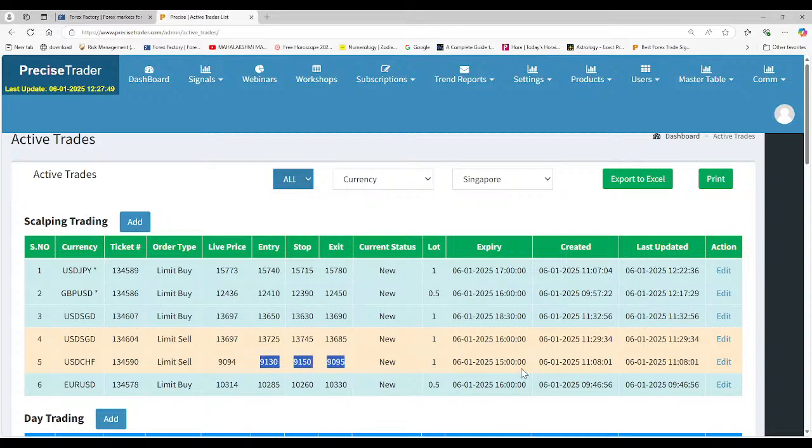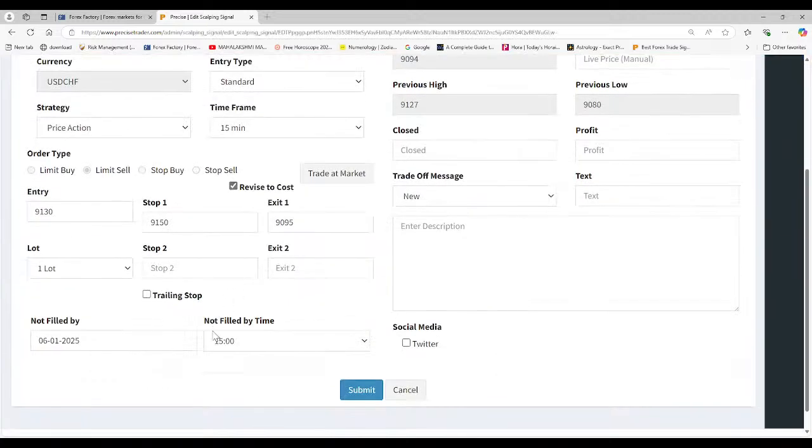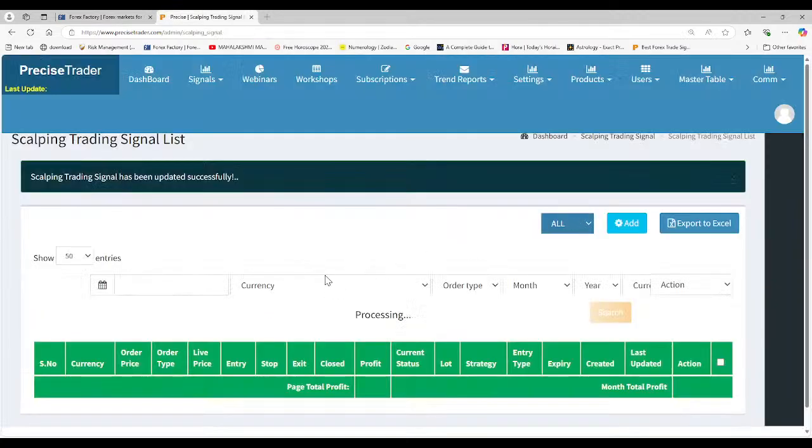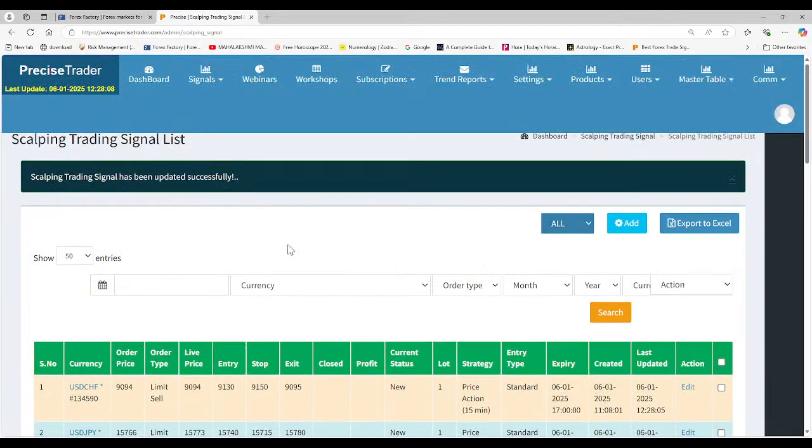I think this is valid, and the only thing is maybe we want to extend it by another 2 hours. Okay, so we will extend another 2 hours. So then